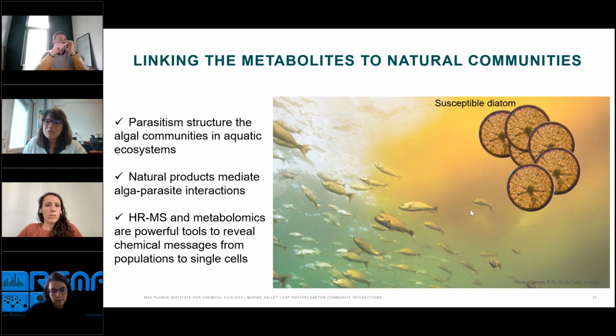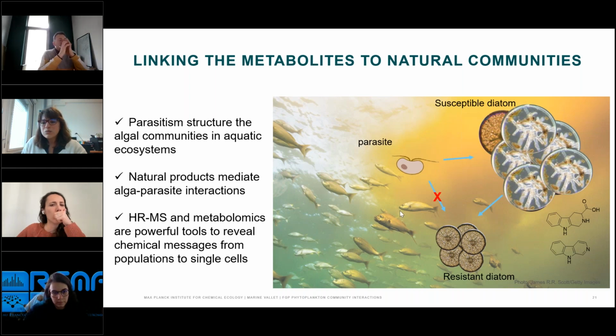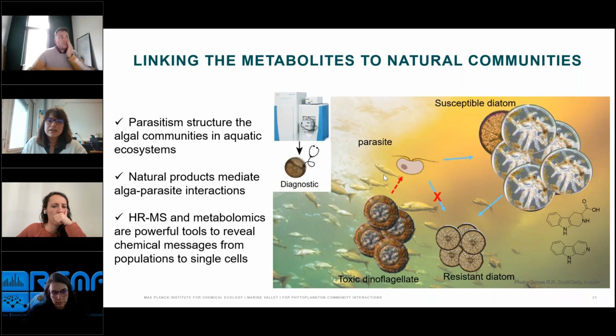I'm studying these bloom forming algae. We have now in hand our model organisms that we maintain and we can play with. We have now resistant diatoms that we are also studying. We are also interested in the parasites that infect toxic dinoflagellates, and with all of this, we hope with our tools that we can identify more compounds that are involved in this interaction. And we have now this different approach that we can use for diagnostics. The idea will be that we can go back to the ocean and be able to identify and follow these parasite epidemics directly in situ.